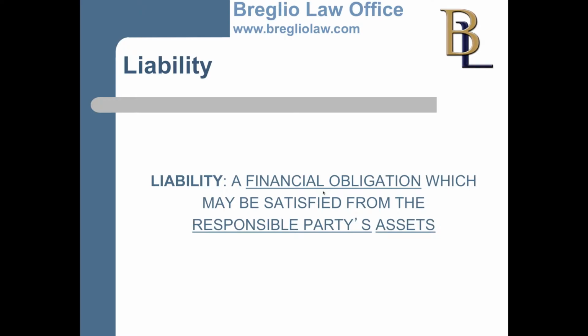Now there are three sections that are underlined there. The first is a financial obligation. We'll talk about each one of these in detail, but that's pretty much something has happened in which somebody is damaged, and that damage can be repaired by money. Generally, in the law, we don't put people in jail for hurting other people unless there's some sort of criminal statute violated. Generally, we like to reduce everything down to money and make money change hands for these kinds of things.